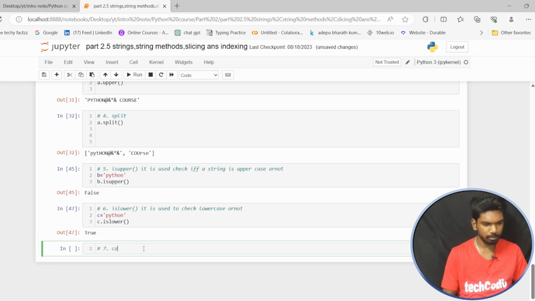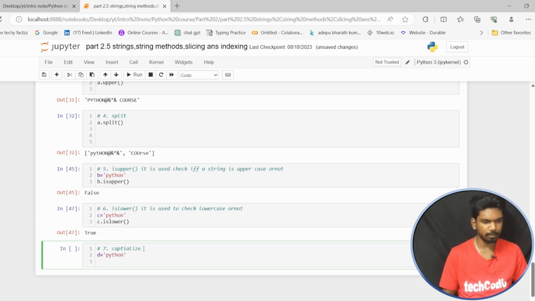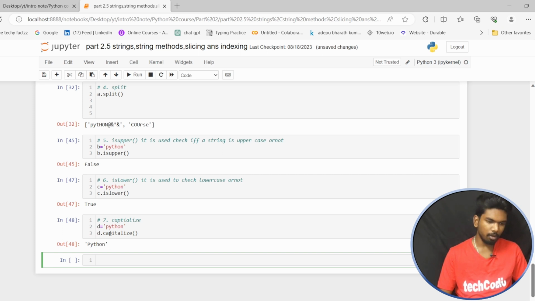Capitalize. Number 7, capitalize. For this I have Python. You can see that I want to convert it into the capitalize. In the capitalize method, it converts only the starting letter to the uppercase and the rest to lowercase. So what if I have the starting letter lower and the rest upper? You can see that it is converting only the starting letter to the upper and the rest of the things to the lower, right? So what if I have a number with the word? You can see that it is not converting it to the capitalize,